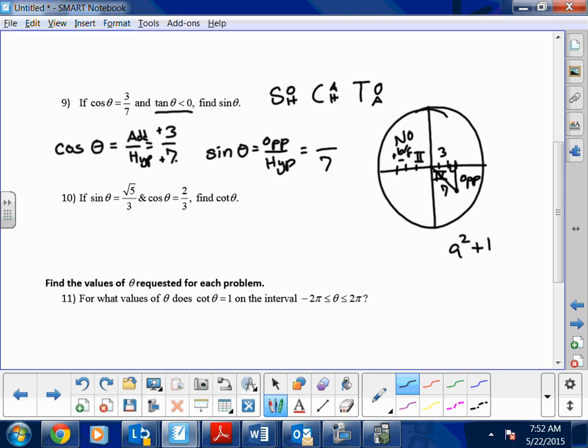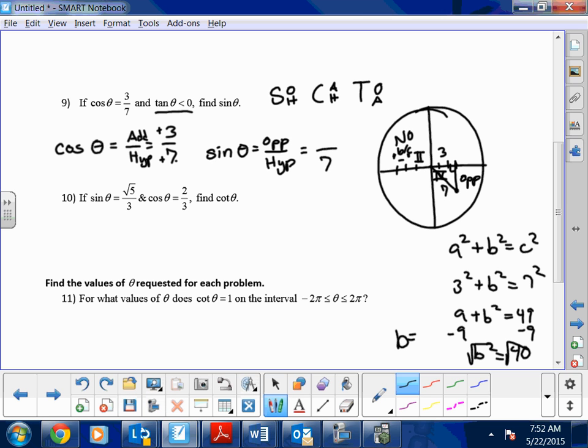So a squared plus b squared is equal to c squared. We have 3 squared plus b squared is equal to 7 squared. 9 plus b squared is equal to 49. Minus 9, minus 9. B squared is equal to 40. Take the square root. Now we determined that b is equal to the square root of 40,